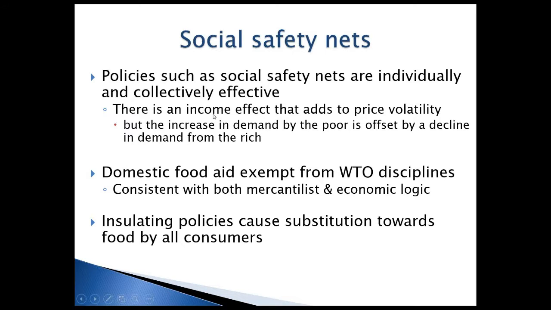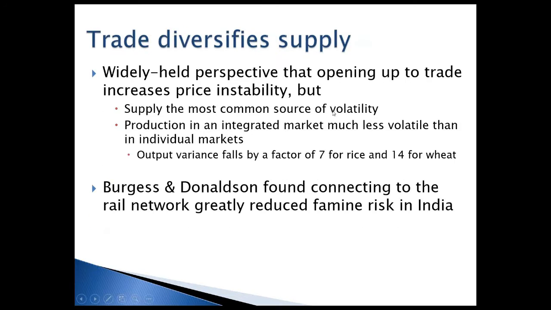The alternative measure that countries often use is things like putting on export restrictions when food prices rise. They cause substitution towards food by all consumers, and they're much inferior to social safety nets. There's a very widely held perspective that opening up to trade increases price instability. But I think it's very important for us as economists to point out that it actually,